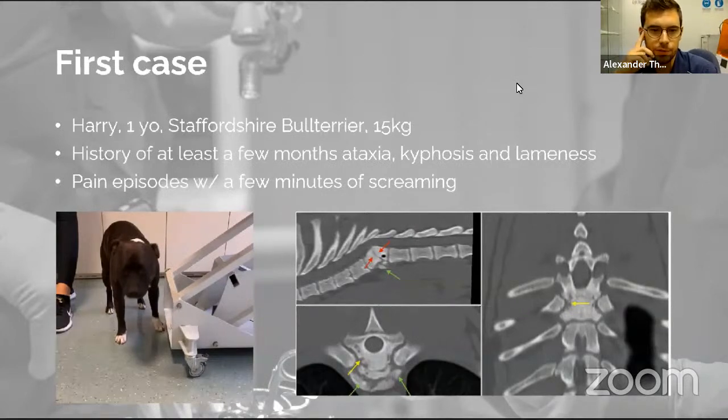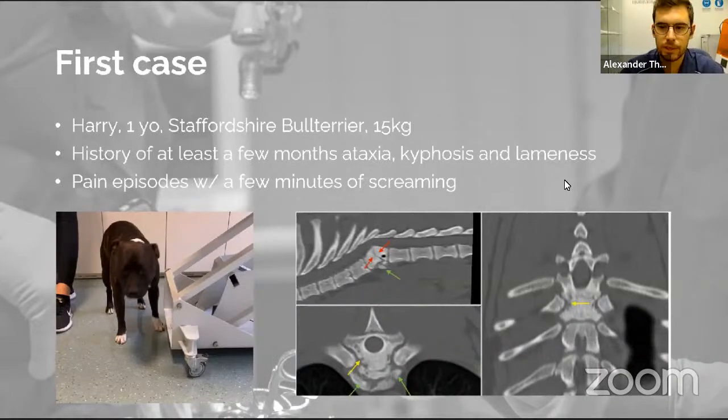And this is the first case that I did about 2 years ago. It was Harry. He came in with ataxia, kyphosis, lameness, and episodes of really severe pain. On the CT images, I can explain that you can see misshapen T9 and T10 vertebrae, and you can also see a compression of the spinal cord. So we wanted to take away the compression and to stabilize the